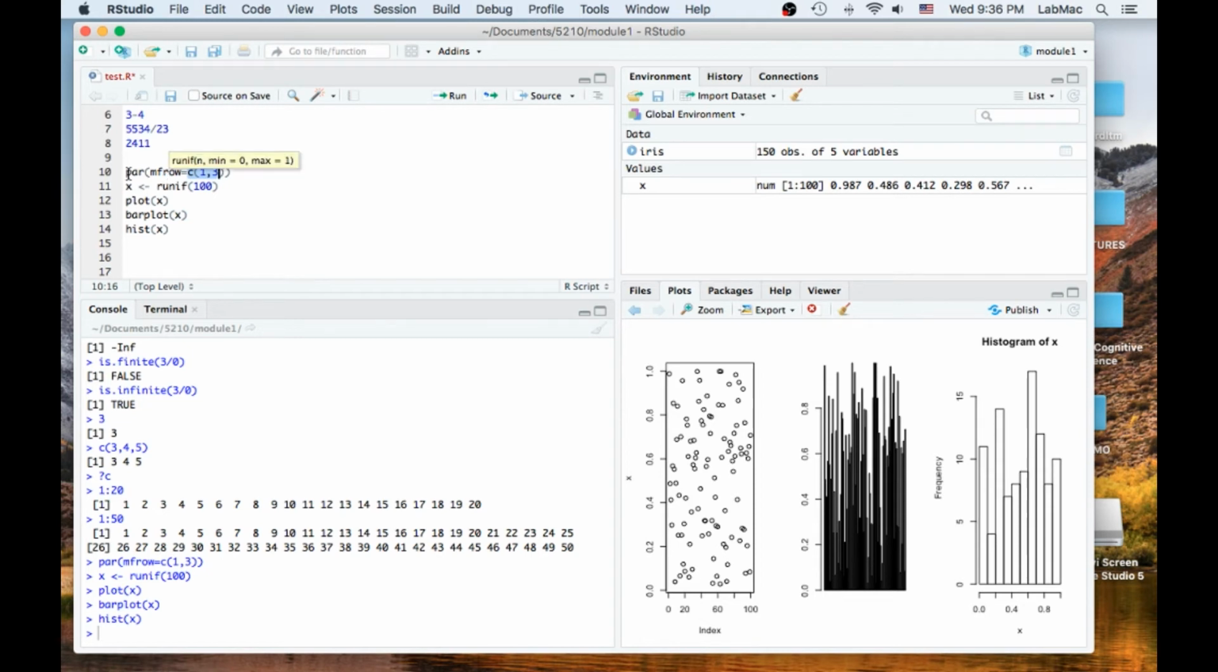MF row is an argument to the parameter function, and for R, when you have a function, it can have a series of arguments, values you give it, and those arguments are named, and they often have default values. So if they have a default value, you don't have to put it in there,